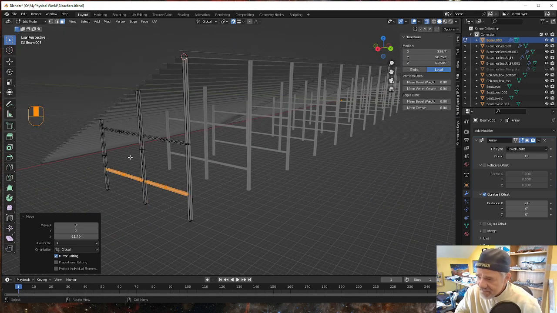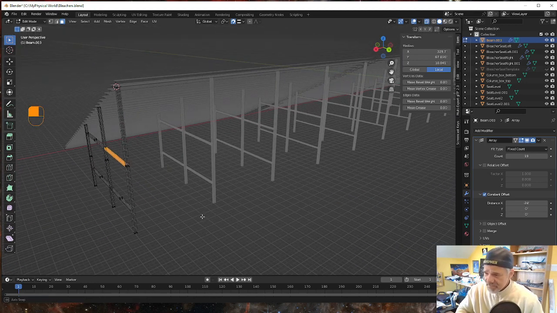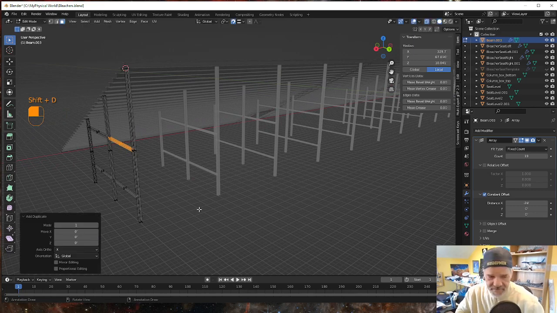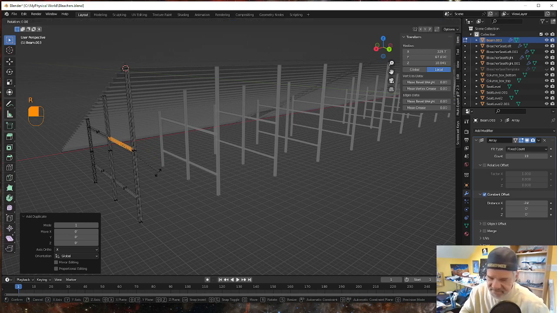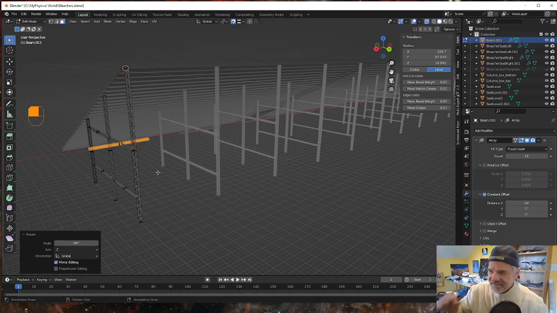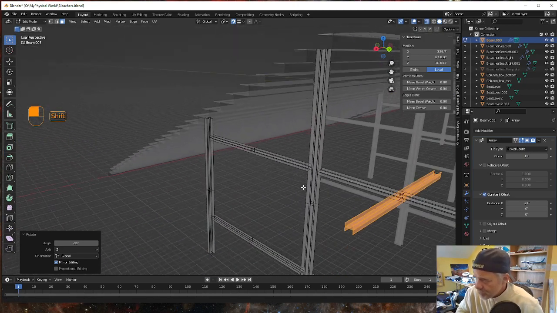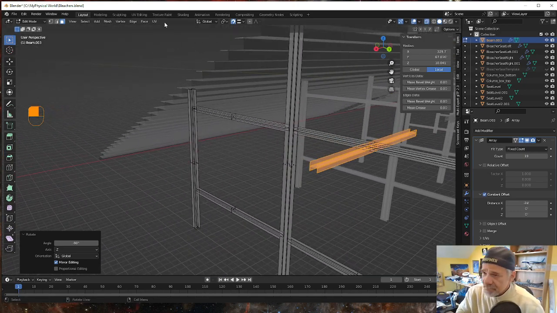So let's take this I-beam and let's Shift D. Let's make a copy of it, and I hit escape so I don't move it. All right, now let's rotate this on the Z-axis 90. So rotate Z 90. I want to go negative 90. It doesn't matter because it's symmetrical, right? And then what I'm going to do is go to vertex,